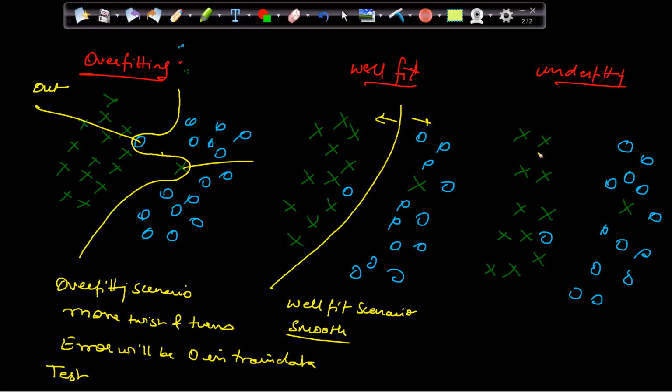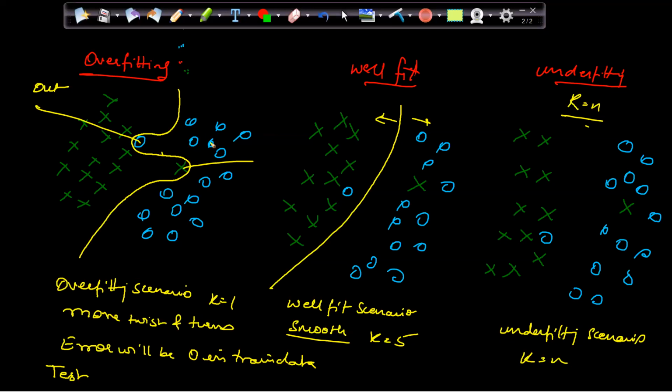How will I create a curve? When obviously k is equal to n. There is no curve here, right? It's taking the majority class. Whatever the majority is, it will take that. That is my underfitting scenario. K is equal to n. Here k is equal to 5, let's say, and here k is equal to 1. Right?